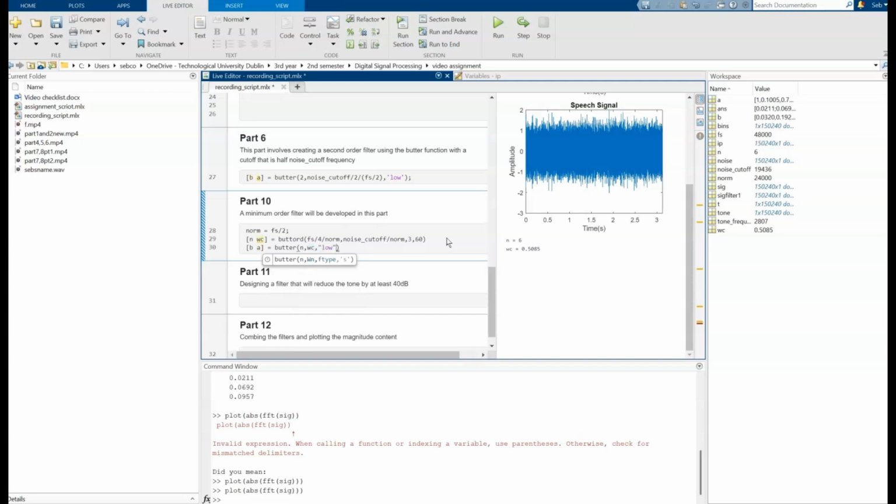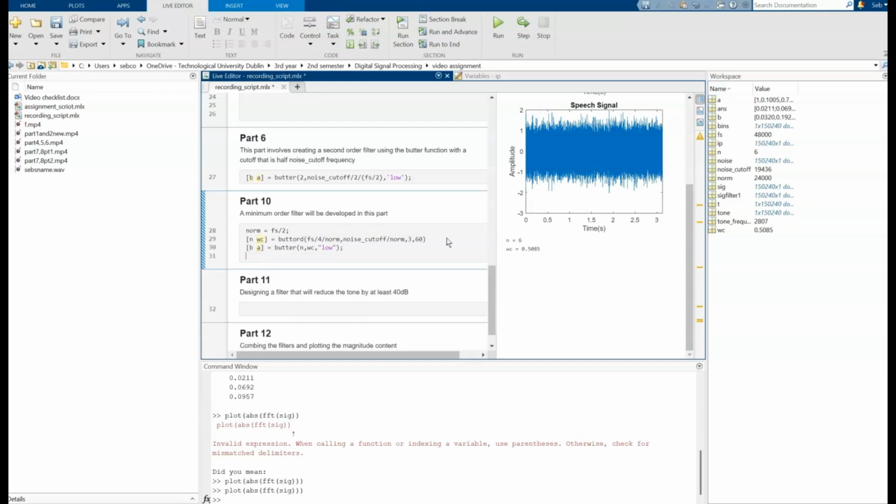And then I want to make it low because I want to get rid of the high frequencies. Okay, and now I just want to make sure that I've done this, so I'm going to call it sig_filter_1, equal to filter b,